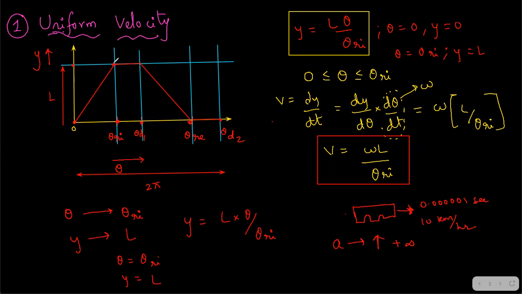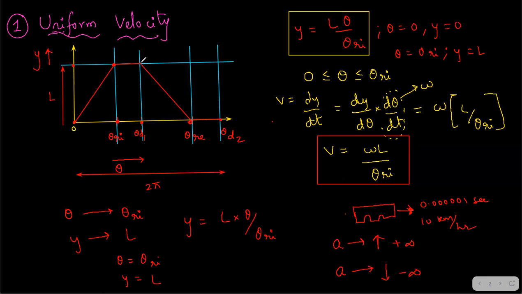And at this point, you still have the same velocity, but suddenly the follower is coming to rest. It means from a constant velocity, if you want to go to zero, say I'm going with 10 kilometer per hour speed and suddenly I want zero speed, even if you brake, immediately you're not going to zero speed, right? So immediately if you want to go to zero speed, you need infinite retardation. Retardation or deceleration means negative acceleration. It is shown downwards, and it is negative infinite. So these values will be seen over here.